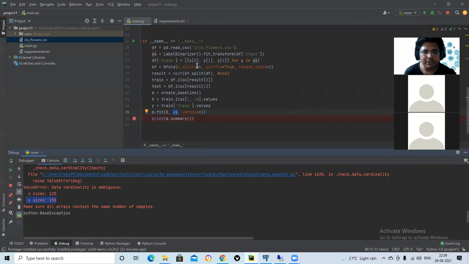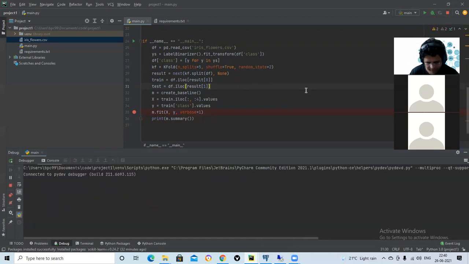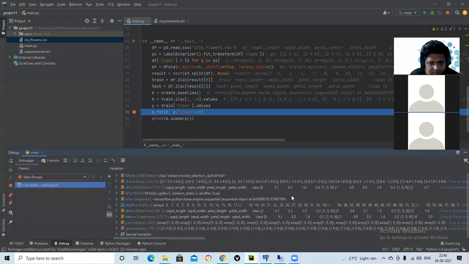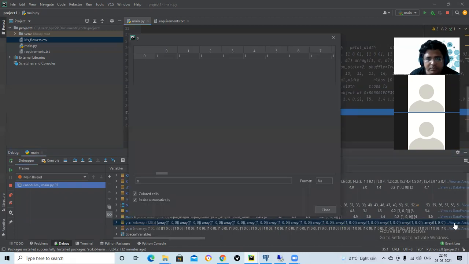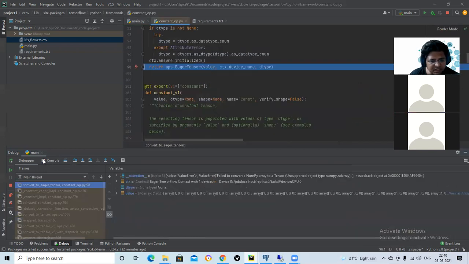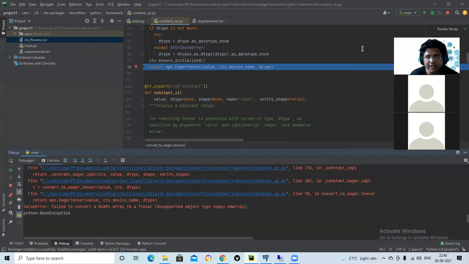The question is, I can do this like this, and then like this. Same error. Unsupported type.